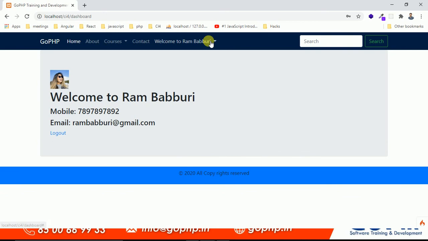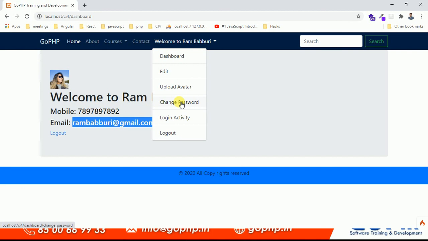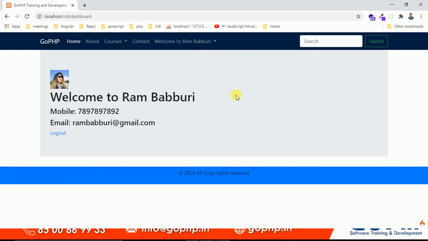Now here we have an option called edit. So if the user clicks on the edit button, we have to go to the edit page where he can edit the information. Guys, right now I am going to allow the user to edit his name and mobile number only, and email ID is unique. I don't want to allow him to edit it. To update the password there is a separate option, and for change password and for upload avatar we also have separate options. But in this edit form I am just allowing the user to edit his username and mobile number.